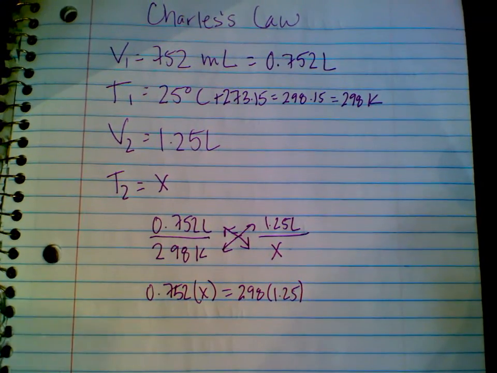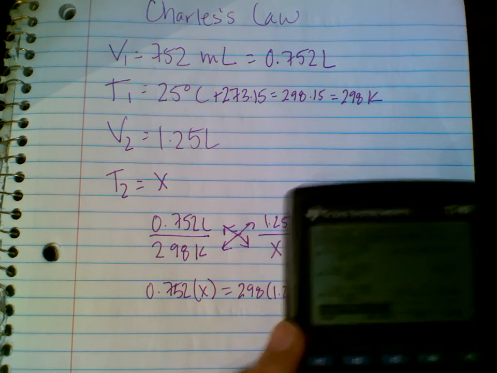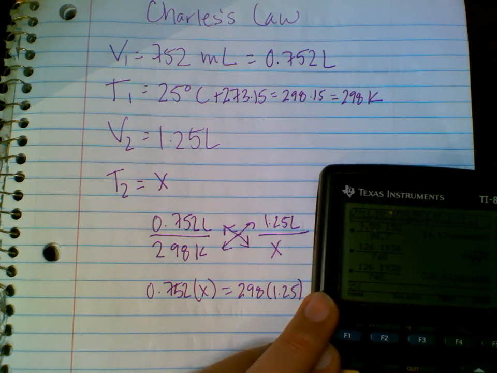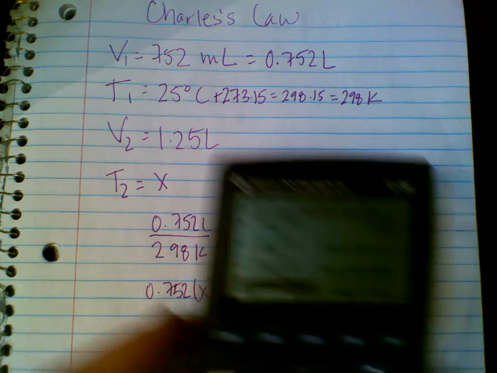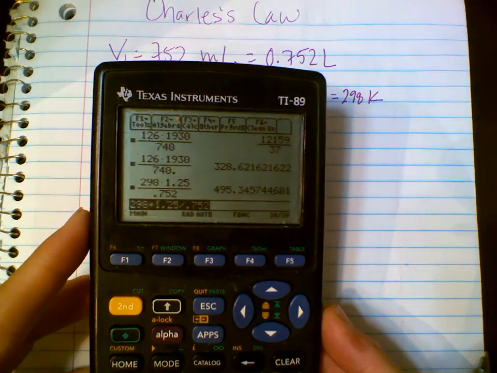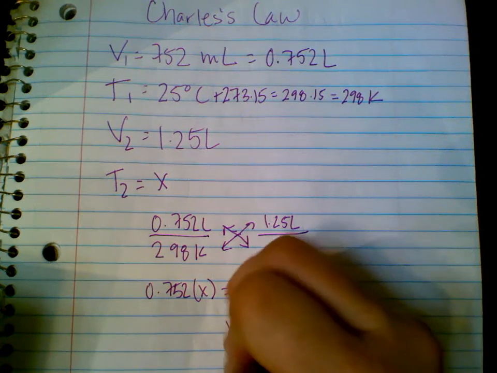And then I'm going to put it in my calculator like I did with Boyle's Law. So I'm going to say, okay, this is 298 times 1.25 divided by 0.752. And I get out of my calculator 495. So X is